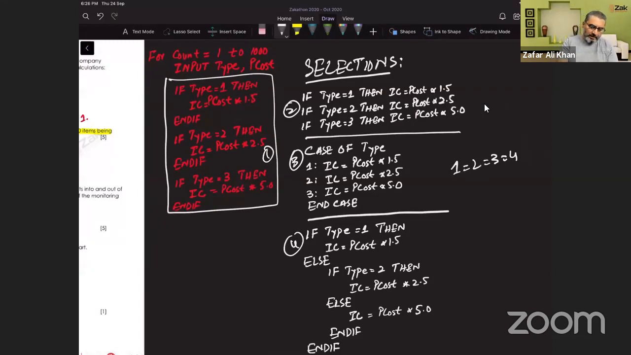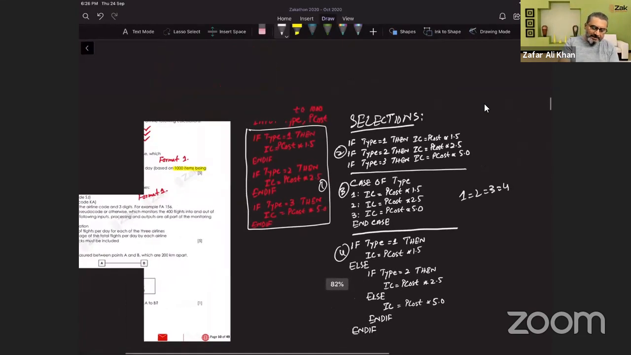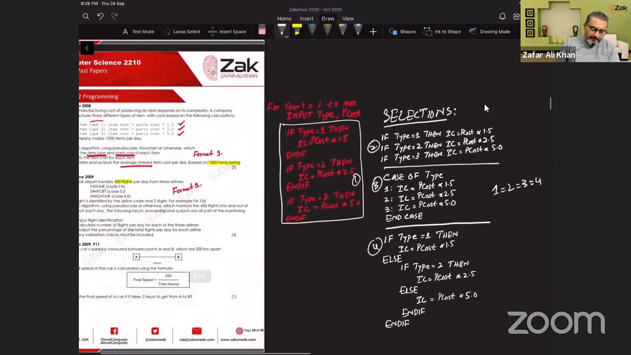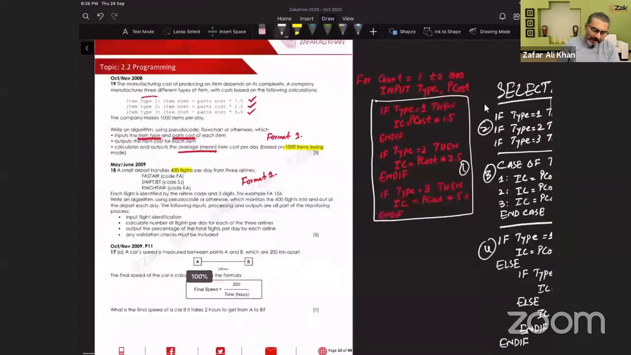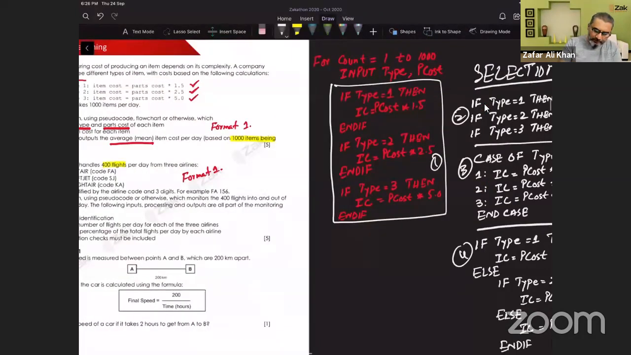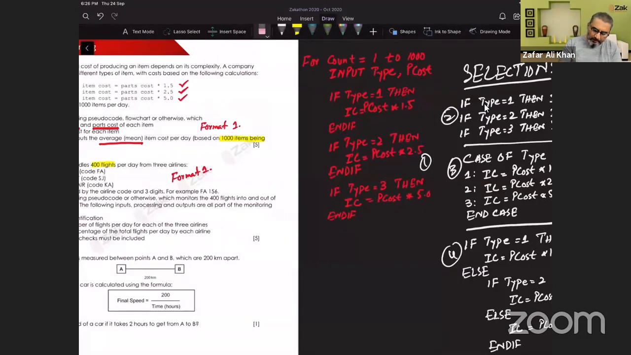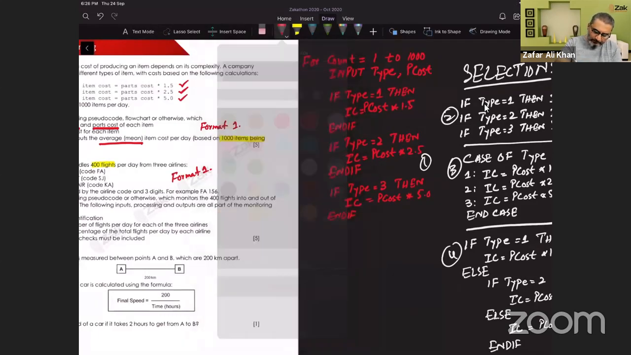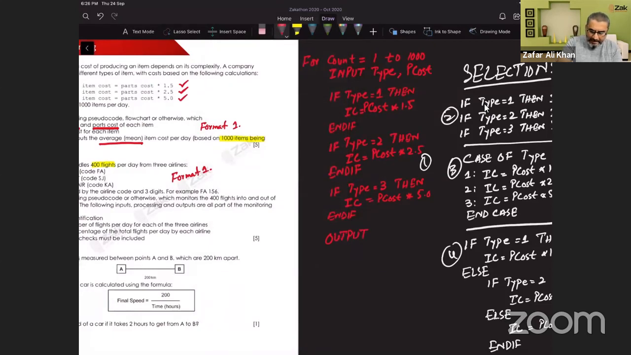We are studying pseudocodes. So once that selection is done, then it says output the item cost for each item. So now you have calculated output, which is the item cost. Now you have to output that. So you will output it. Output item cost. So whatever the item cost that is